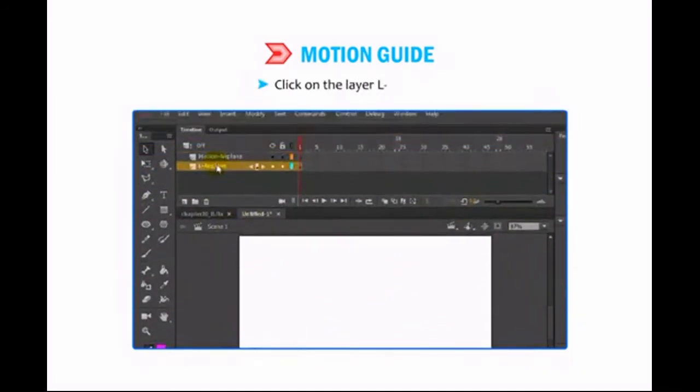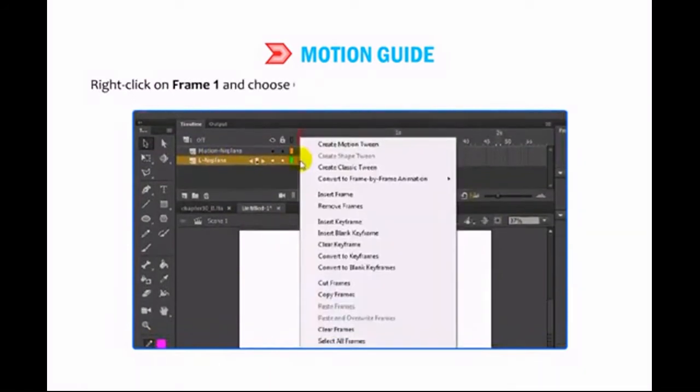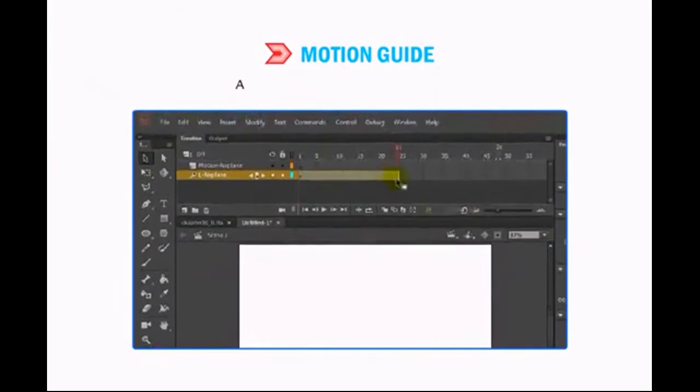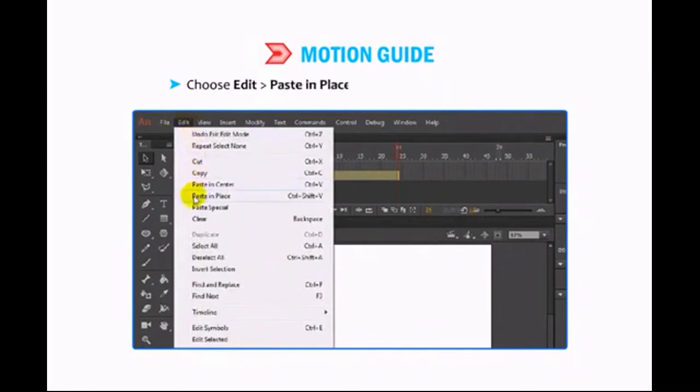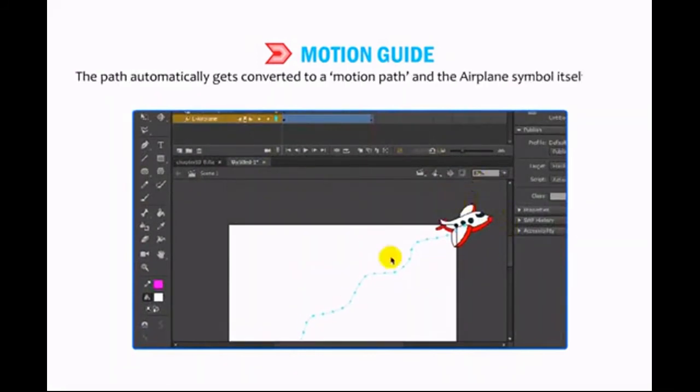Click on the layer L Airplane. Right-click on Frame 1 and choose the Create Motion Tween option from the context menu. A blue colored span of frames appears. Choose Edit, then go to Paste in Place to paste the path in this layer. The path automatically gets converted to a motion path and the airplane symbol itself snaps to the path.